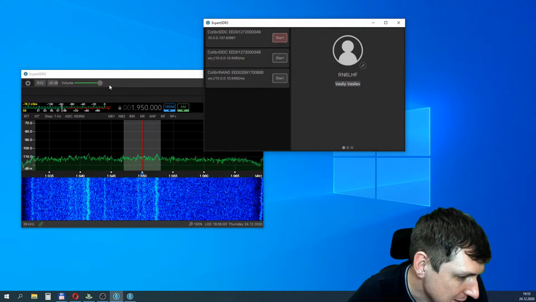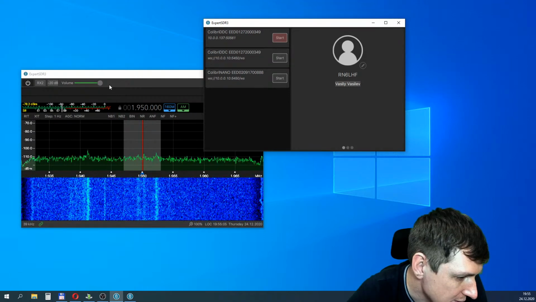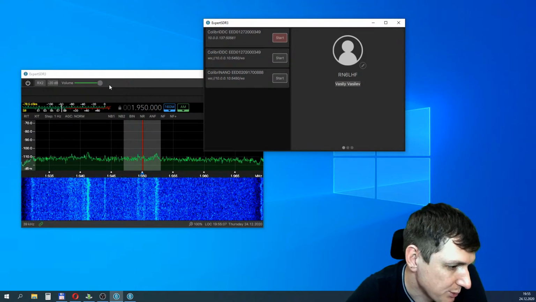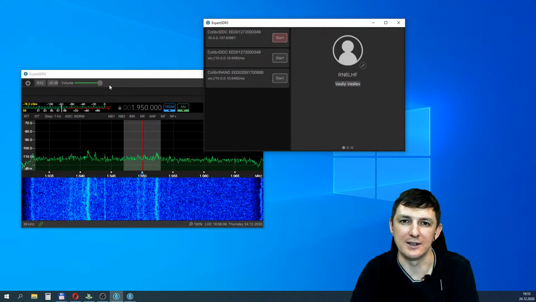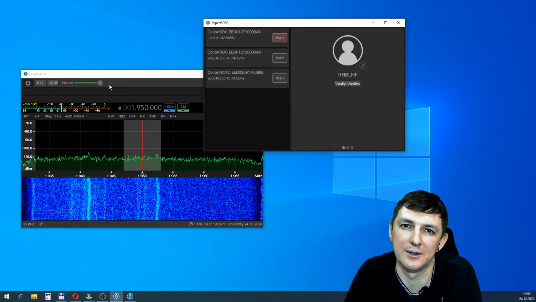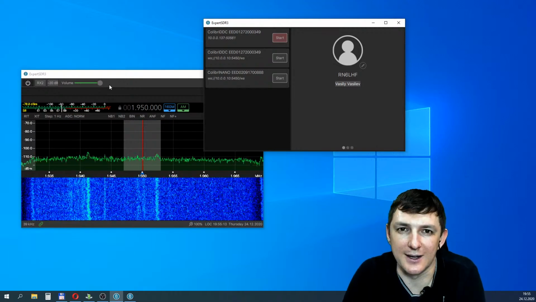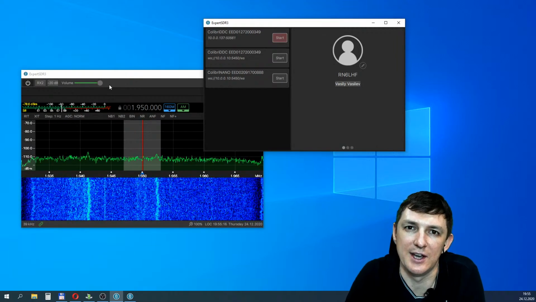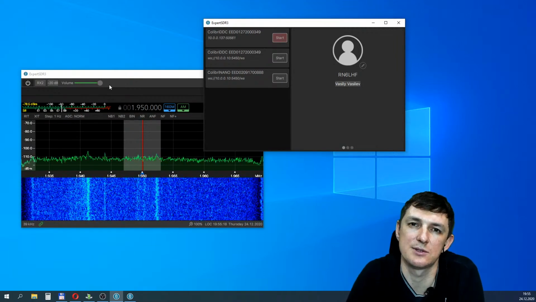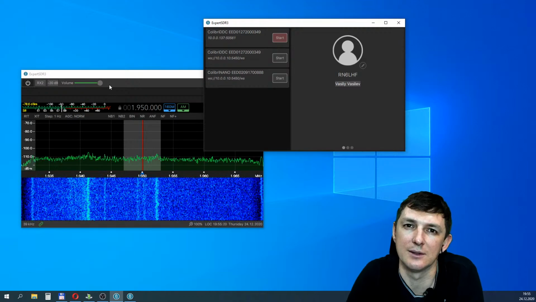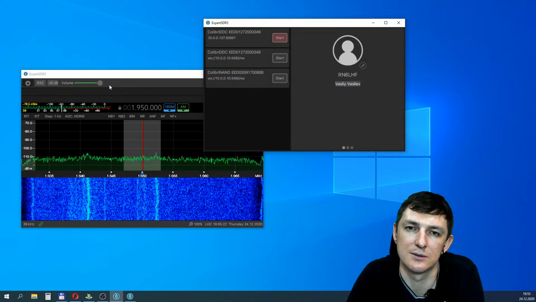Will it be possible that TCI will also be available in GTDX software? I think yes. Now we have a discussion with the GTDX developers about adding a TCI interface to it.